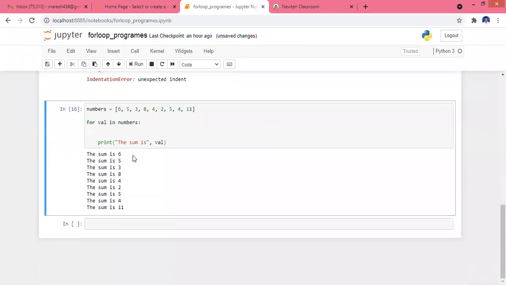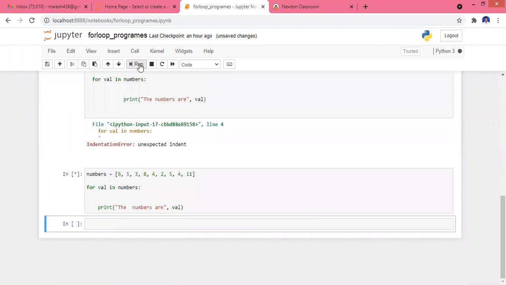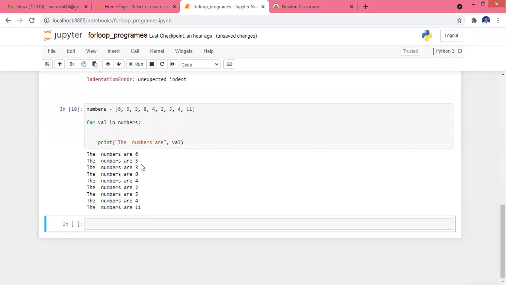See here, my numbers list consists of around 9 numbers. I am going to print all these numbers, everything that is in the list. So here I will write numbers are, value, the variable value. It will just print the numbers, and once it reaches the last item, the loop gets terminated.